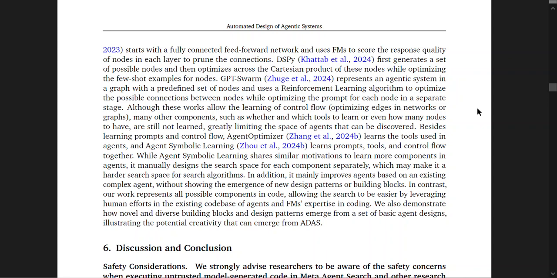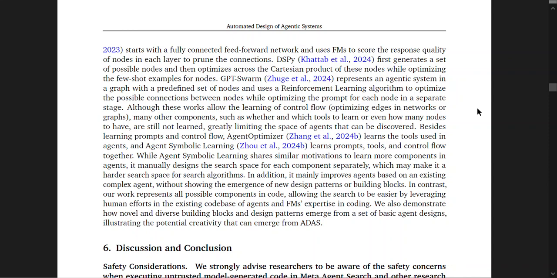DSPy first generates a set of possible nodes and then optimizes across the Cartesian product of those nodes while optimizing a few-shot examples for those nodes. GPTSwarm represents an agentic system in a graph with a predefined set of nodes and uses a reinforcement learning algorithm to optimize the possible connections between nodes while optimizing the prompt for each node in a separate stage.